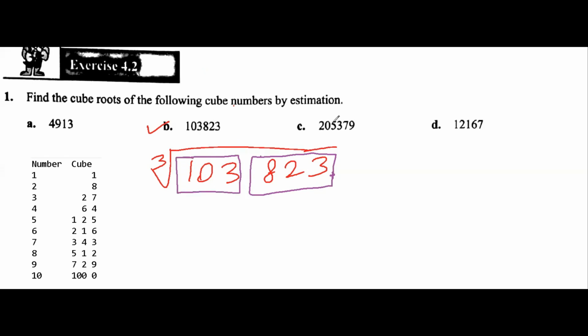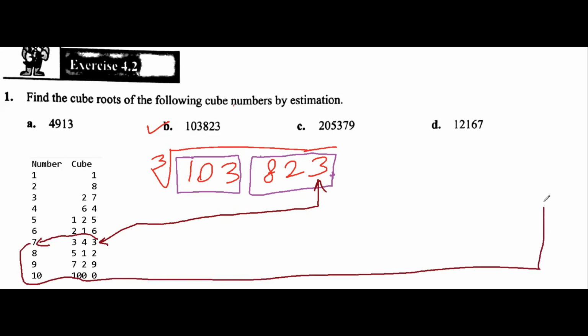Okay, next step is, what you see here, 3. Locate that 3 over here. I can see this 3 here. Then, what is this? This is 7. Then you have to write this 7 in the unit place. This 7 will come here. Then you have to pick 103. Next step is pick 103.